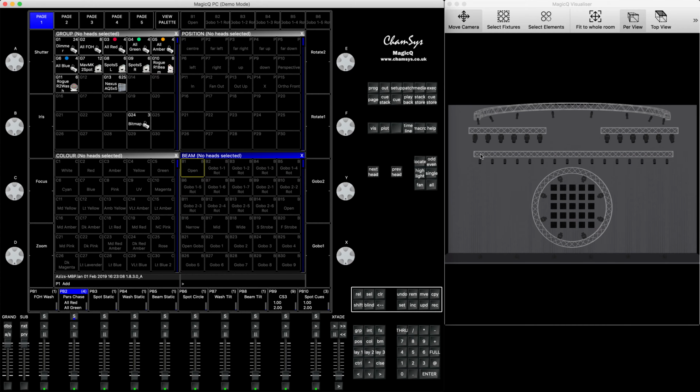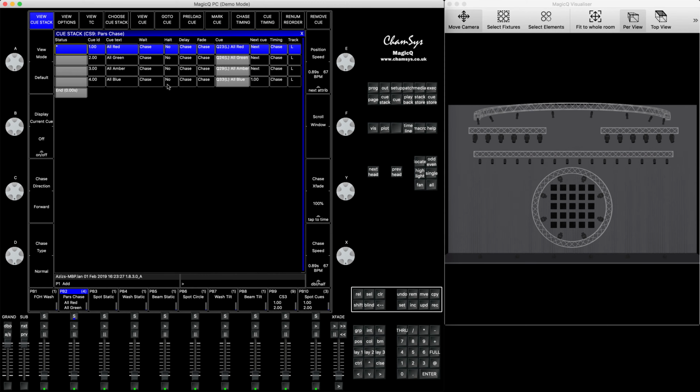Hi everyone, in today's tutorial we're going to talk about some of the chase options. Most of you know how to create a chase. A chase is a sequence of steps. If you record one new cue on top of the previous cue and so on, by default in live mode it will create a chase for you. I'll show you some of the options you've got when you're running a chase.